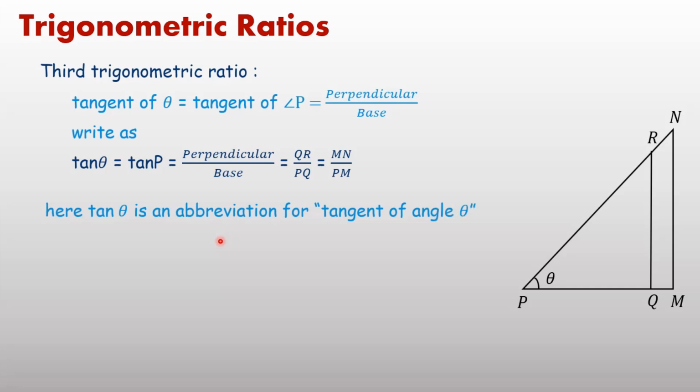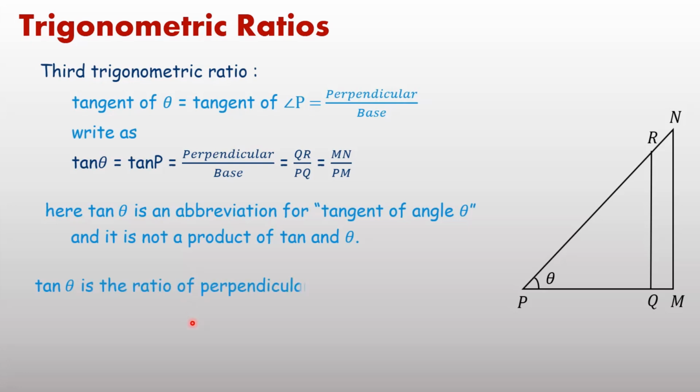Here tan theta is the abbreviation of tangent of theta. It is not the product of tan and theta. And also it is the ratio of perpendicular and base. Now next,